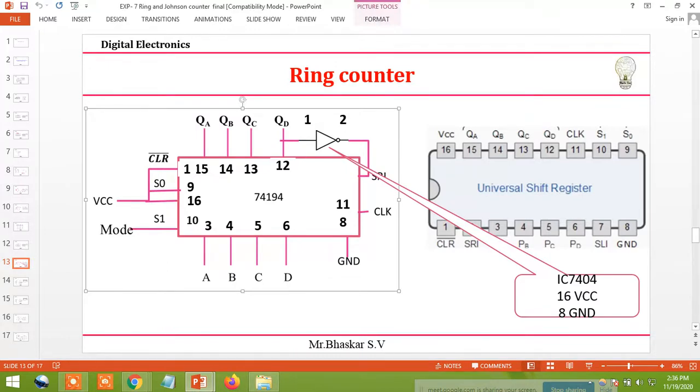Carefully you need to connect this, and for the NOT gate, VCC is 14, right? It is a 14 pin IC, and pin number 7 is ground. IC 7404 is what I am going to use; pin number 14 is VCC, 7 is ground, and pin numbers 1 and 2 you need to connect. Just do that process.